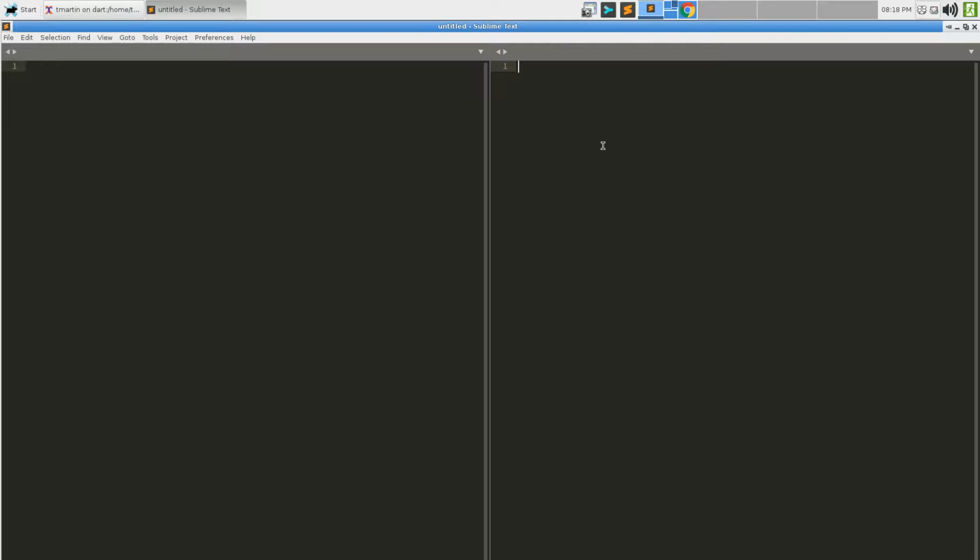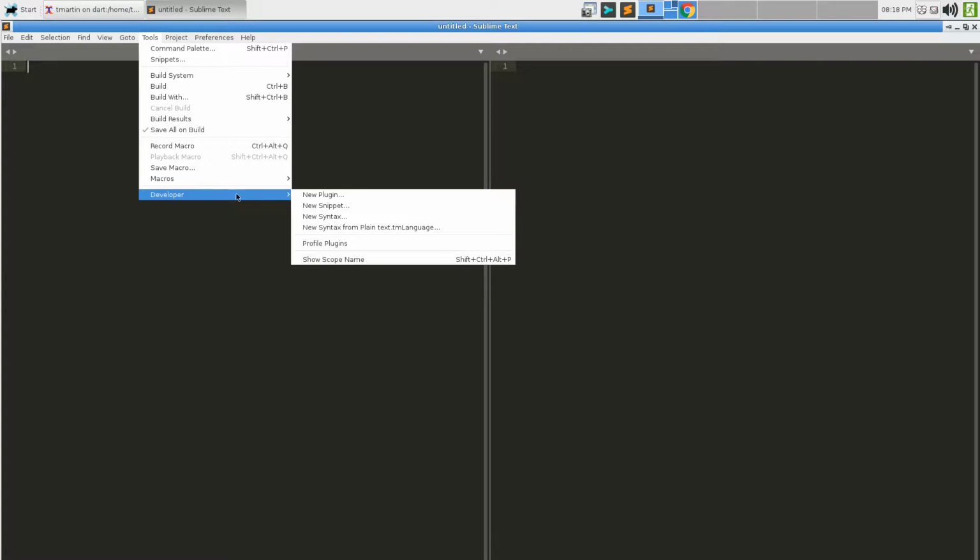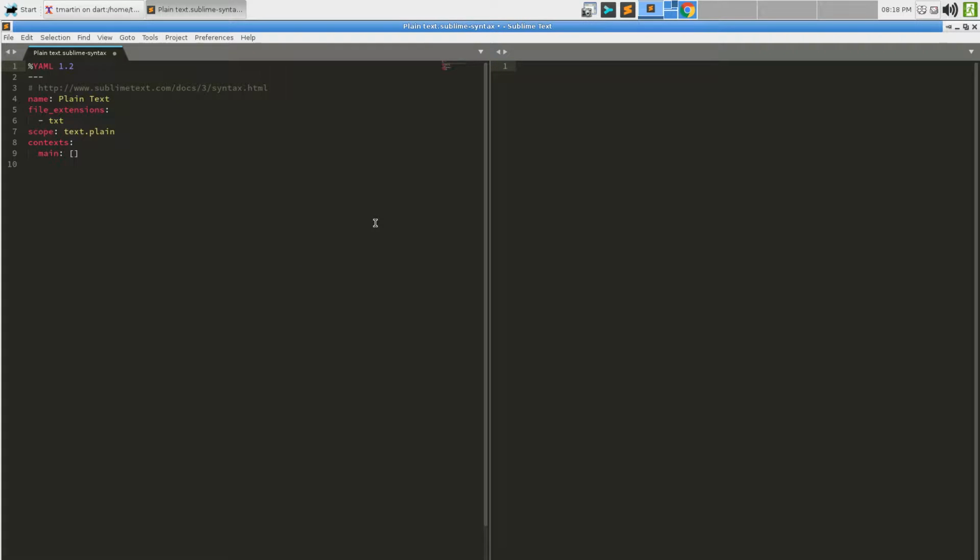Now, the first thing I'm going to want to do here is create a simple color, no, sorry, a simple syntax just to test things with. And I'll actually do that here. And I don't have really any packages installed. Huh. What does this do? Oh, look at that. Okay, we're going to call this syntax sample help. Let's say it's not going to have any extensions because it doesn't really need it. And it's going to be text.help.source, let's say.